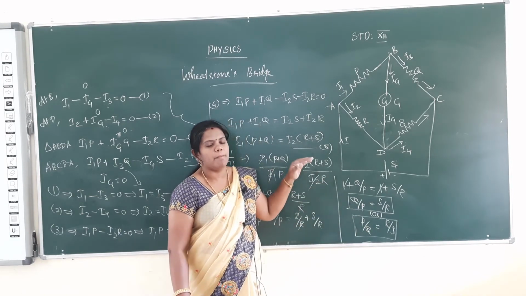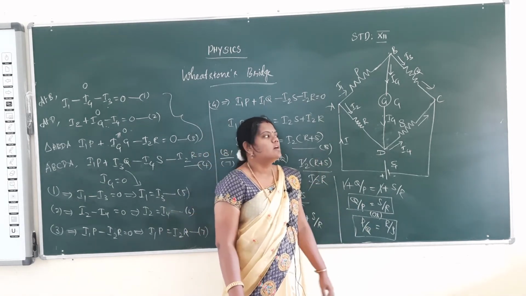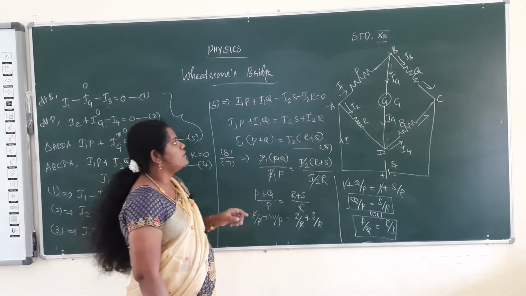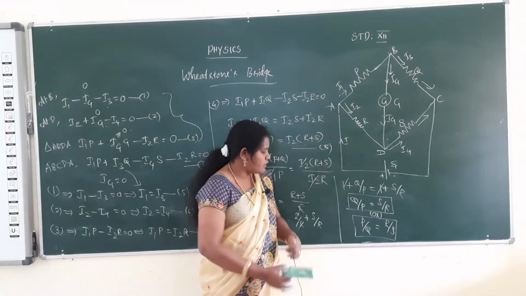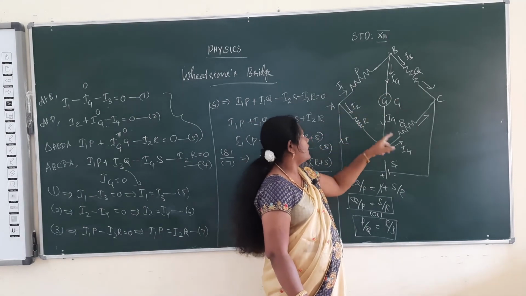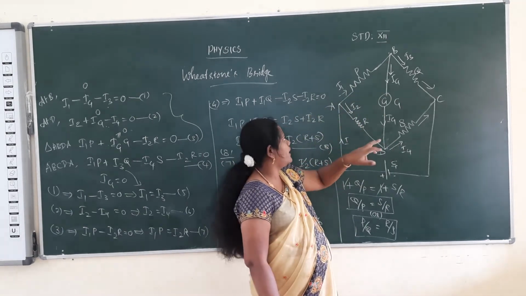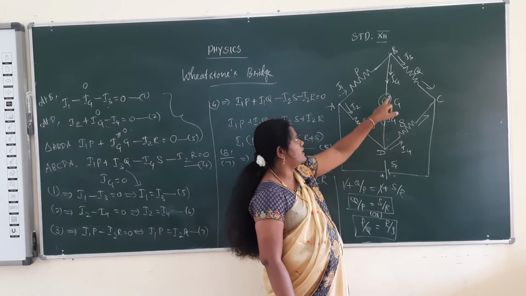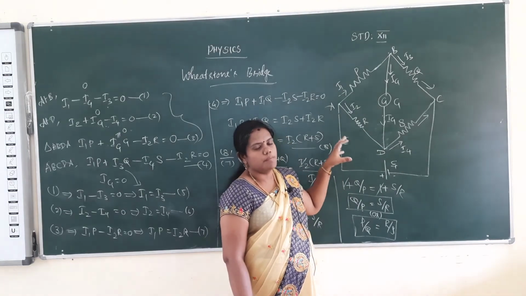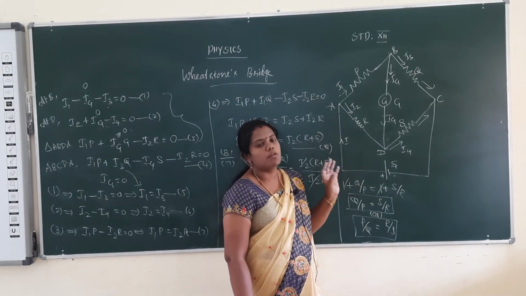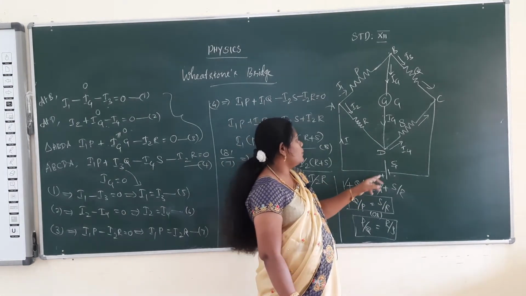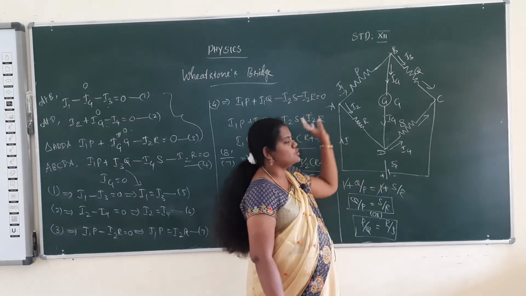The Wheatstone bridge is completely based on the Kirchhoff rules. Again, I explain that the Wheatstone bridge has one closed circuit having the four resistances P, Q, R, S, then five currents will be flowing: I1, I2, I3, I4 and then IG. One galvanometer will be fixed in the center part of the circuit. The galvanometer will always show null deflection. The galvanometer is used to find the current flowing in the circuit. Then one battery will be connected. The battery gives the current to the whole circuit.